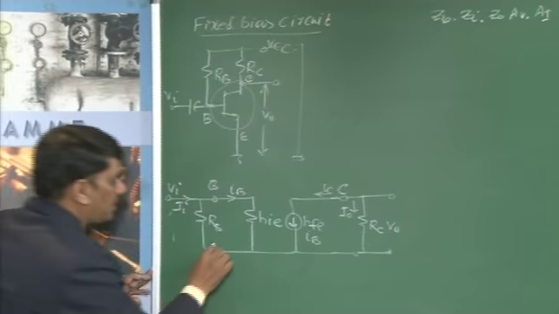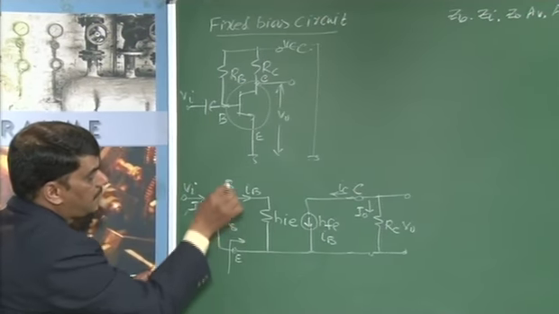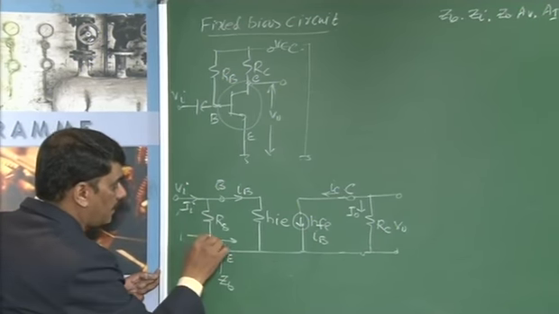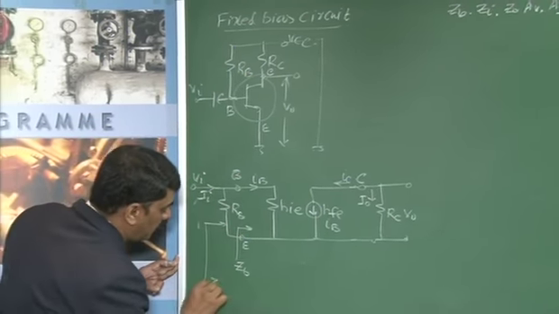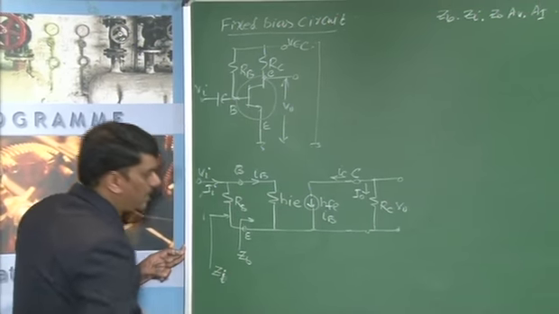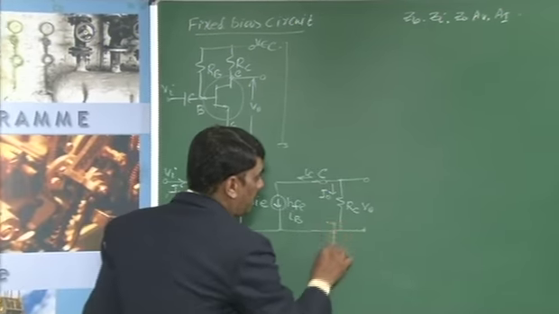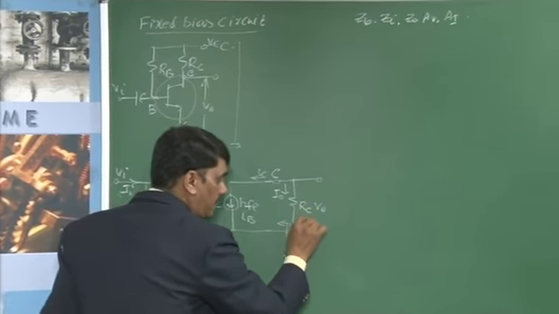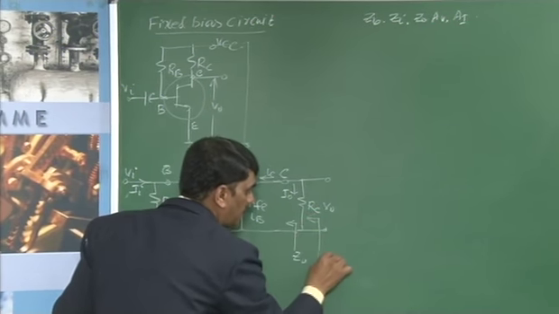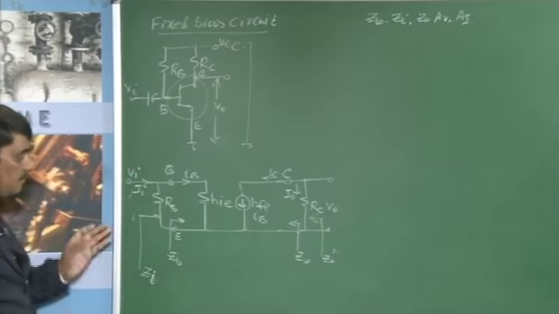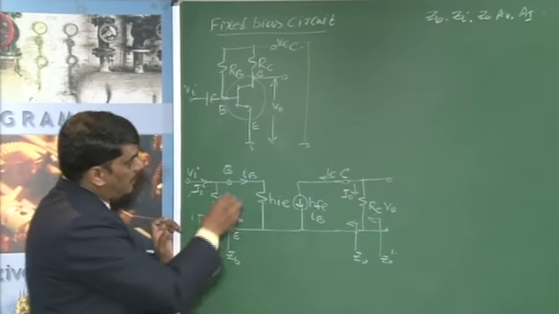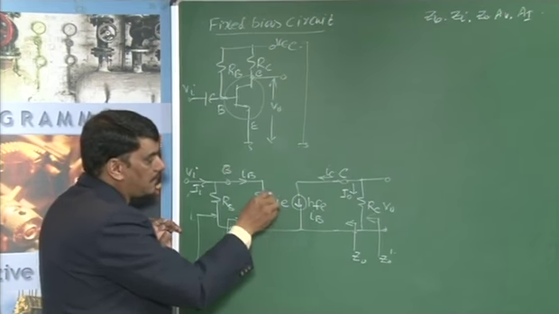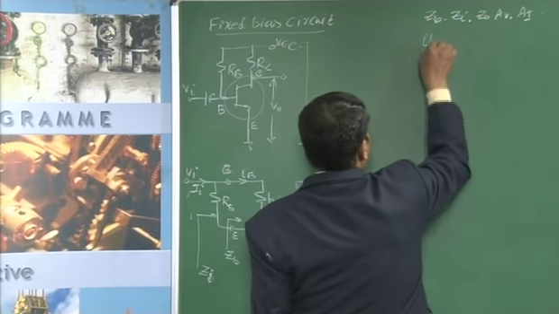This means we need to determine the input impedance. Looking into the base-emitter junction terminal, the input impedance is ZB. Then, looking in with the external RB, it is denoted ZI. The output impedance is denoted Z0, assuming the output is open circuited, and with the load resistance it is Z0 dash. When you are looking into the base-emitter terminal, the only resistance available is hie, hence that input impedance